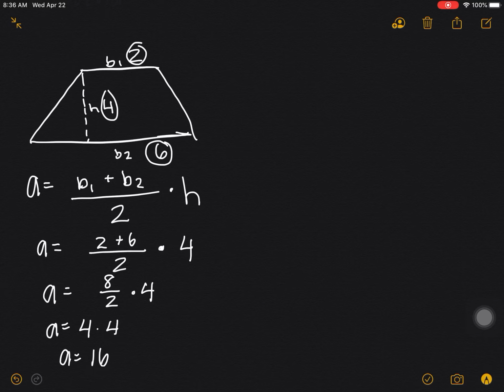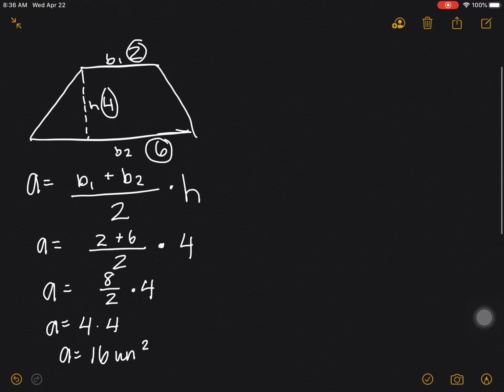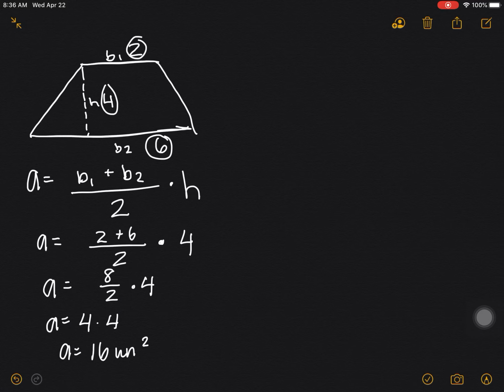Now remember, if you have units given, you're going to use those units, inches, centimeters. If not, you're just going to put units squared. Area is always squared. Another quick review here that we can talk about is the area of a circle and the circumference of a circle. So we've been shown videos of how you guys can calculate the area and circumference, but I will show you one more time. So if we have a circle,